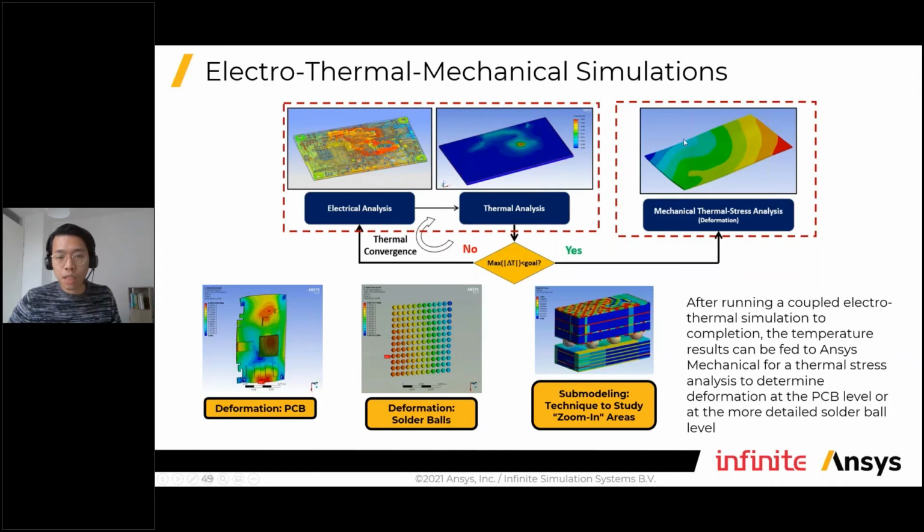And with that, we send the information, and the valuable thing is that once you know this thermal distribution and know the thermal expansion, you can also think about how you are going to mount your PCB boards. What's your mounting strategy? If your mounting is going to cause additional local stresses or not. So these kinds of things are all crucial to your reliability issues. So we see deformations, we see the solder bolts, and also how we can use submodeling to really capture down to the detail of the fatigue lifetime of our solder bolts.